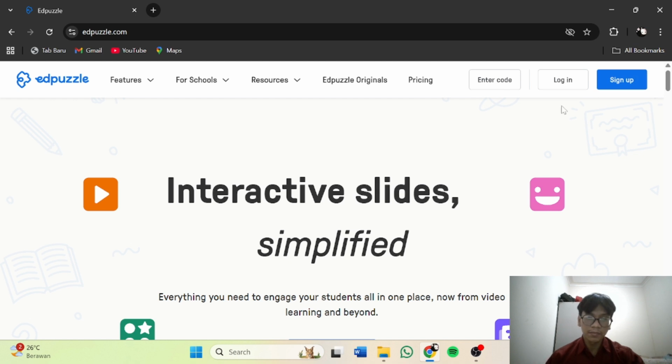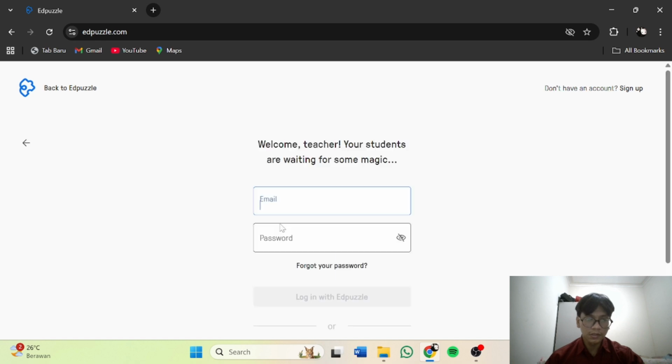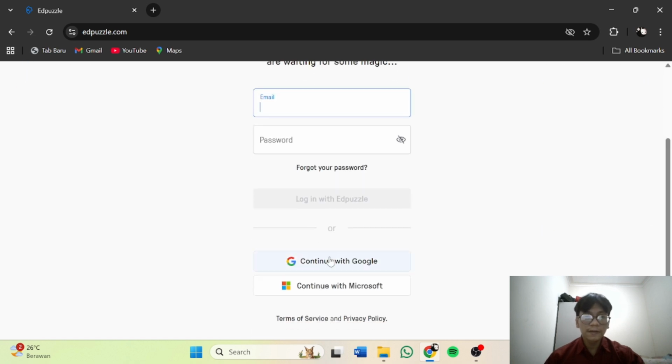To access the platform, we need to click login or sign up. Login is for when you already have an account, and sign up is if you don't have an account and need to register first. Because we are going to talk about the teacher's perspective, we are going to teach, and you can log in with a Google or Microsoft account.